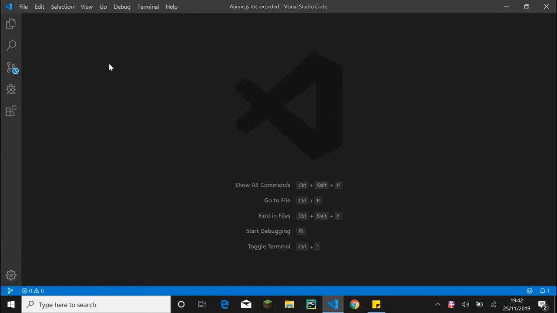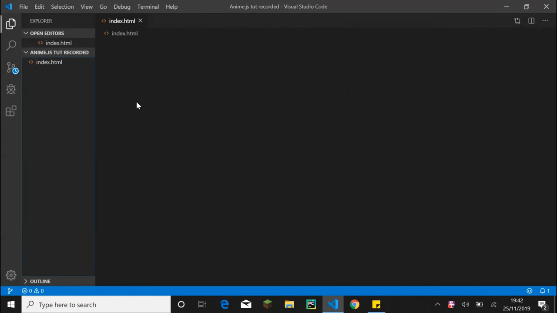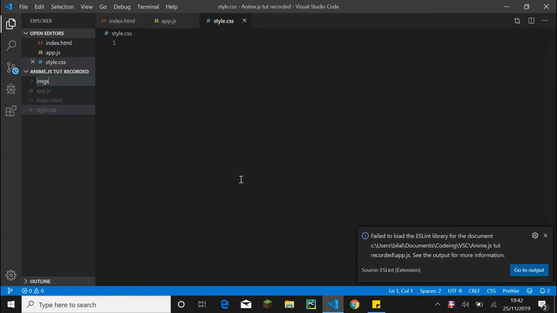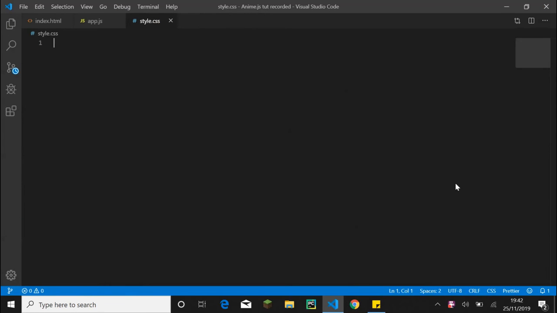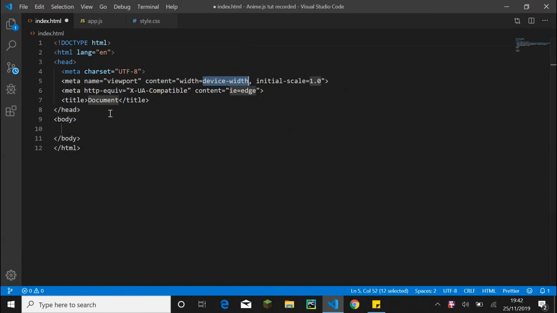Okay, so I've created a new project in Visual Studio Code, and we'll be making an index.html, some files, and also a folder for images. We'll be using this folder later on. For now, I'll just get the basic templating up. Name this